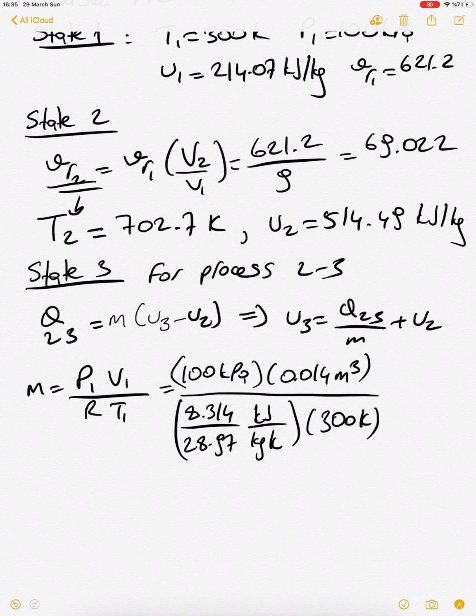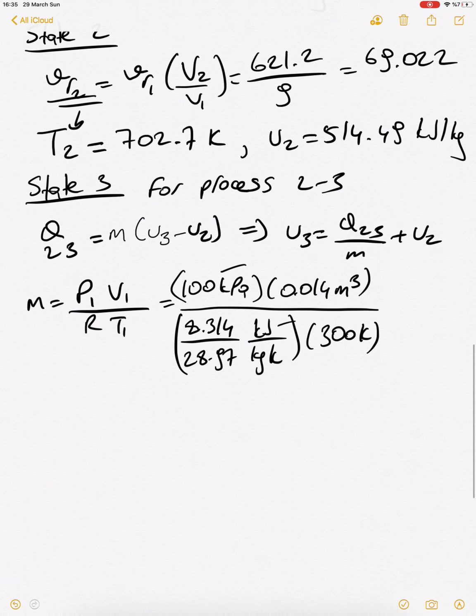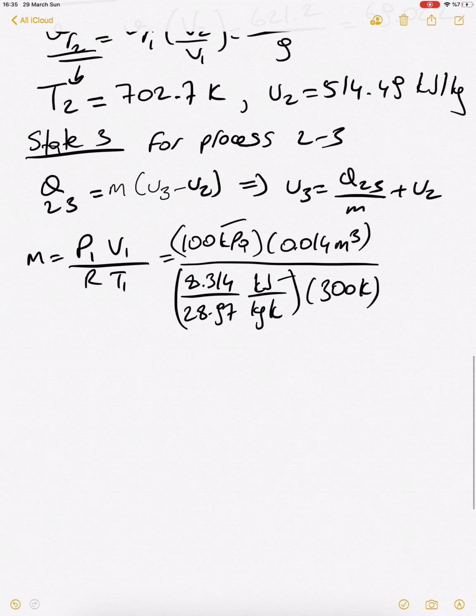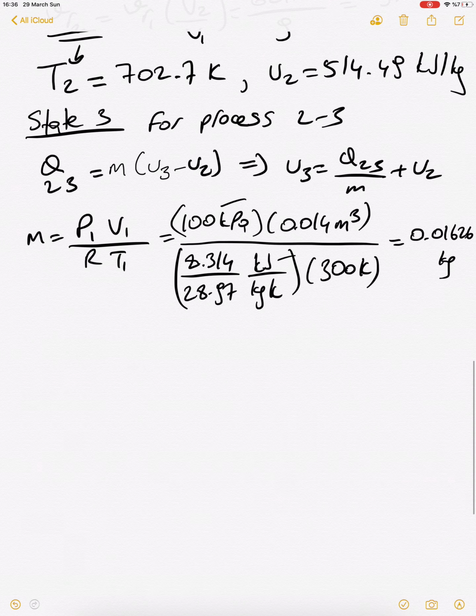So this needs to be of course kilopascal and kilojoule. Therefore we don't need to make any conversion, but normally we need to convert this to pascal and this to joule, and our result is